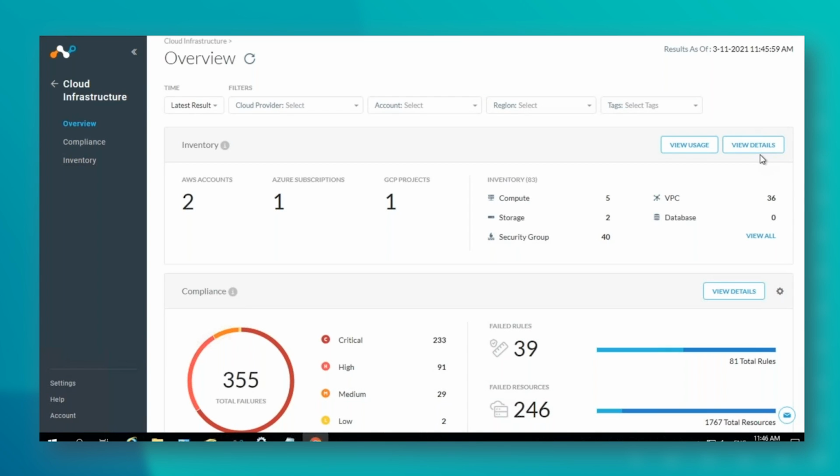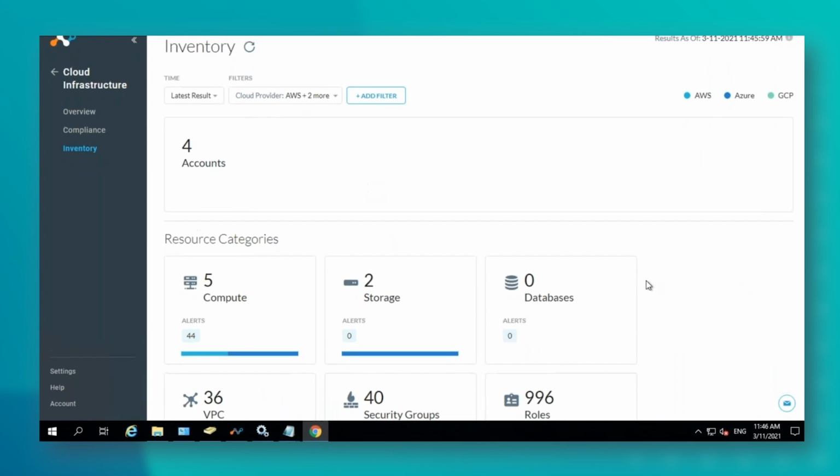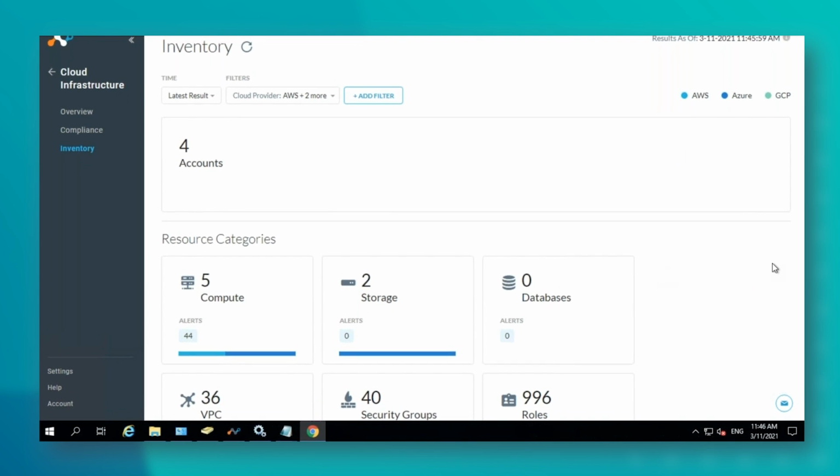I can view the overall details. So this is an inventory we've now flicked to on the left here, where it shows me exactly what instances we've got in each of these providers. So I don't have much. I've only got a couple of VMs set up in Azure, nothing really in AWS, nothing really in Google Cloud, but it's still telling me what resources I am using in each of these cloud estates.